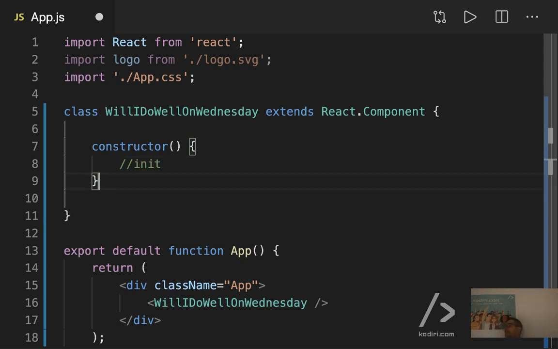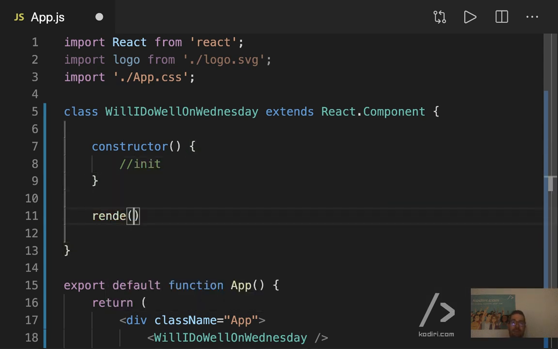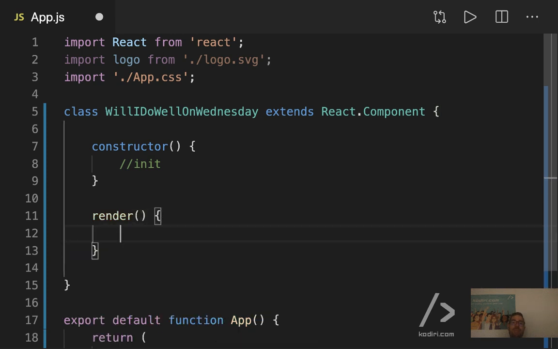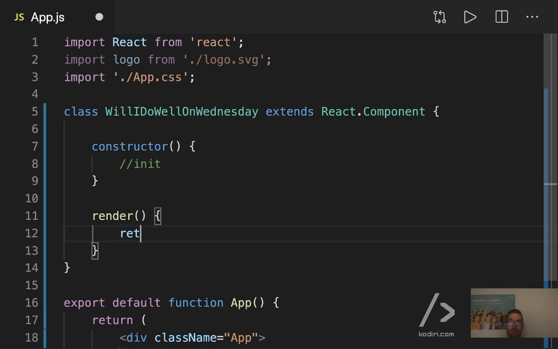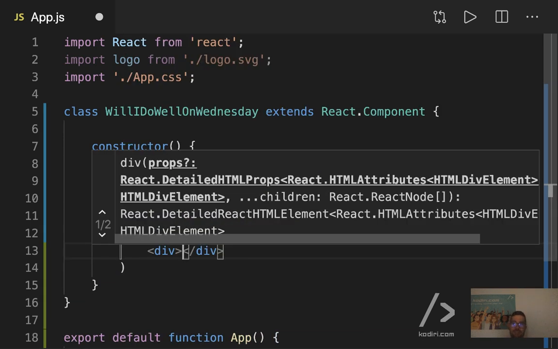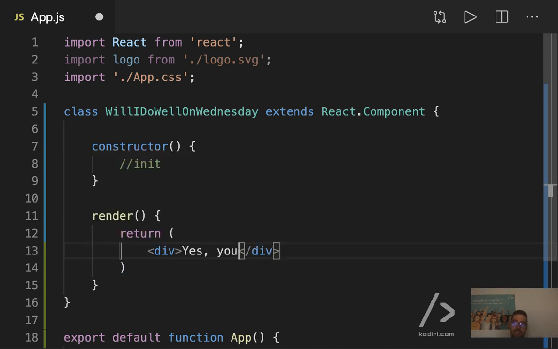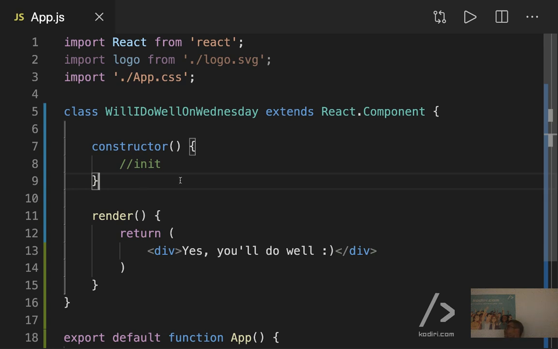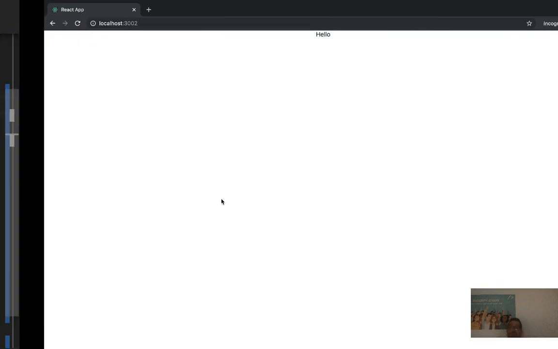I'll go back to it in a minute. Render is where we can display stuff, right? So let's display something static. Return, remember to type return, right? Div, yes, you'll do well. Something like that. So that means that if I refresh the page,